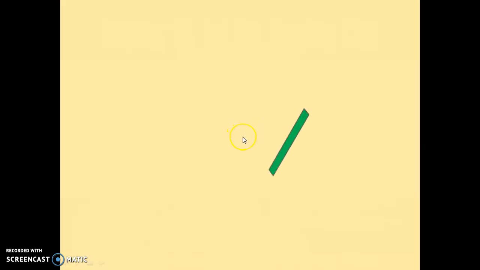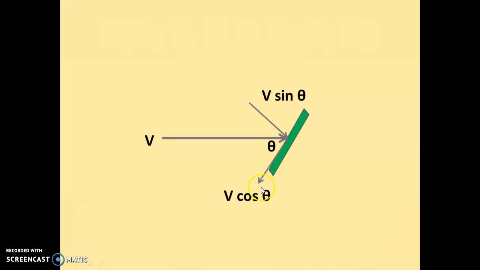So first, when we have to find out the force Fn in the normal direction, we will see how the velocity is acting. As we know, the inclination between the jet and the plate is theta, and this is the direction of the velocity of the jet. Now this velocity acts at an inclined position, so I can resolve it into two components, V sine theta and V cos theta. This arrow also denotes the normal force direction, so for the normal force, the component of velocity will be V sine theta.